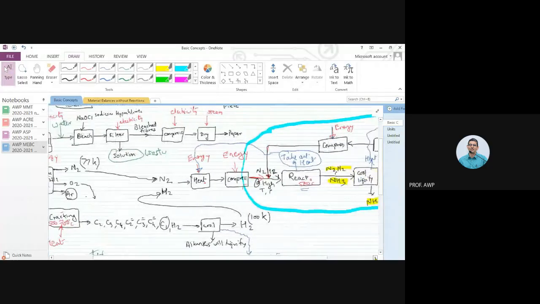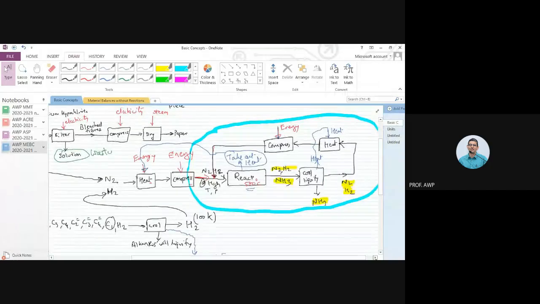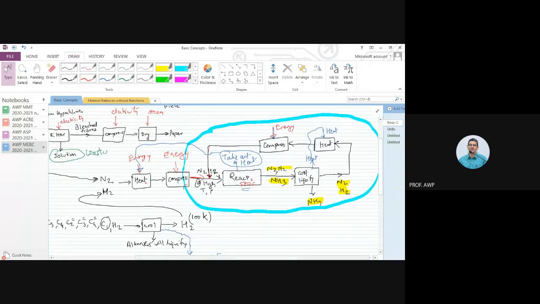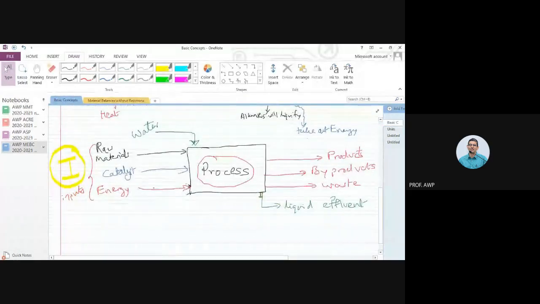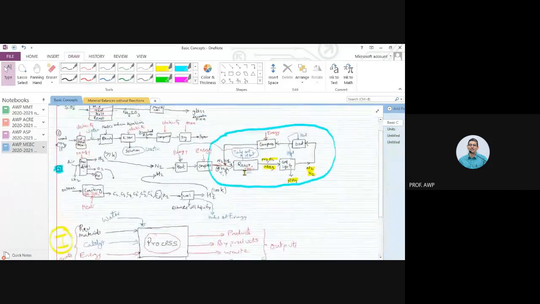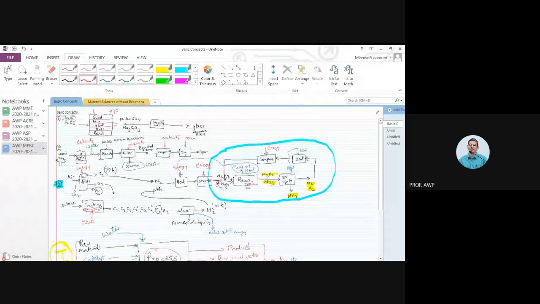Reacting is another process. Cooling to liquefy ammonia is another process. Again, heating the remaining gases is another process. Compressing is another process. Energy supplying is for that compression, right? So this process that we are writing in this rectangle could be a part of a process, or it could be a whole process. So the whole process can be like this. You can think about this as a whole process,